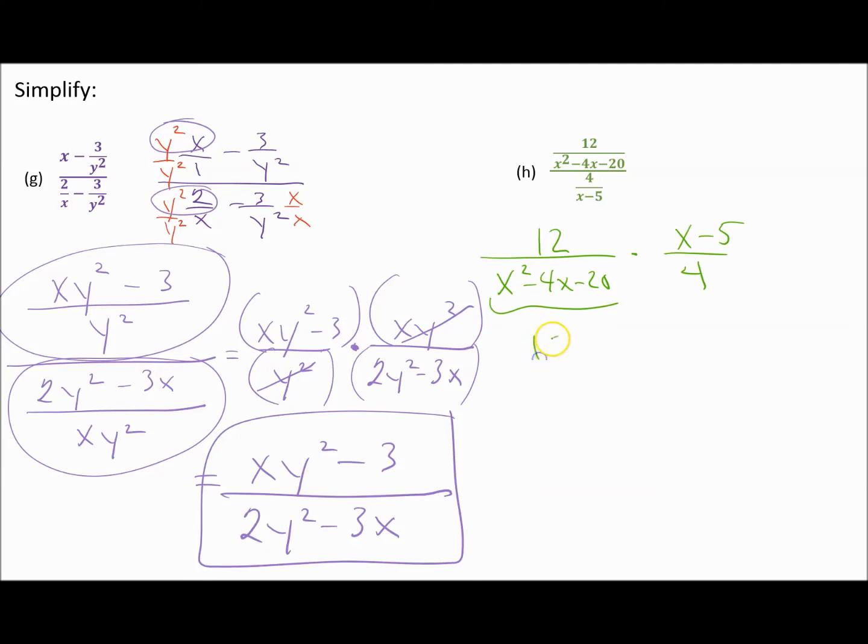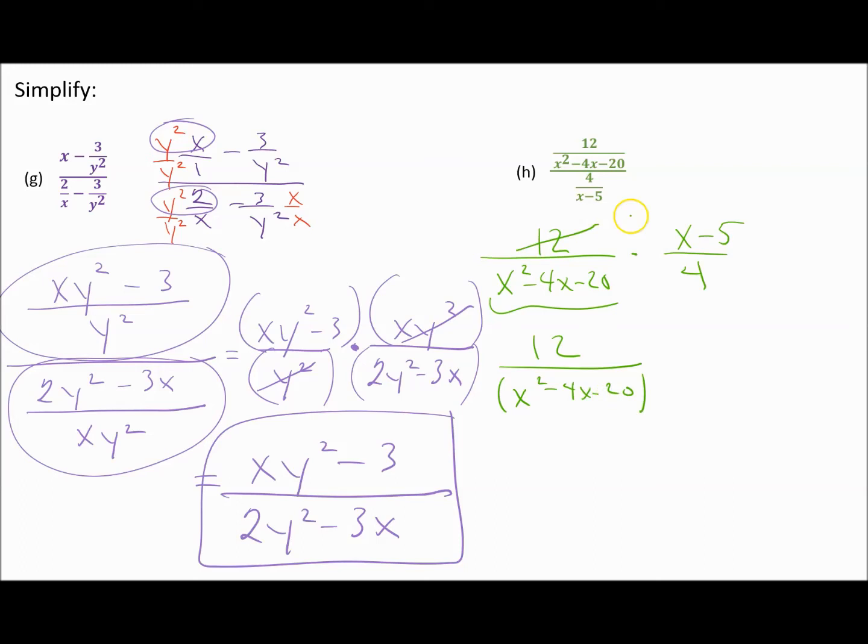So let's factor. So I have 12 over what multiplies to be negative 20 and adds to be negative 4. I think we all know that's x. Or do we? Multiplies to be 20. That's 4 and 5, but that doesn't add to be negative 4. 2 and 10, but that doesn't add to be negative 4. How about, that doesn't factor? Makes me wonder if I made a mistake when I typed out the problem. Feels like I wanted it to factor, so x squared minus x minus 20 would have worked better, but guess what? It doesn't factor. So all we can do is leave it the way it is, minus 4x minus 20,